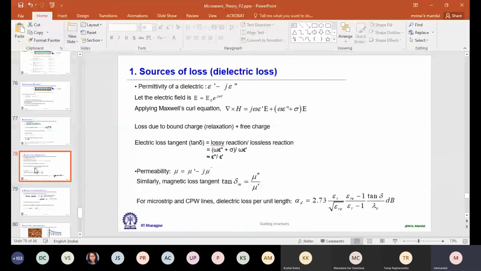Well, so the first one is dielectric loss. You all know about dielectric polarization, the concept of bound charge, right? It is represented by arrays of tiny dipoles. Now, permittivity is a complex quantity. It is represented by epsilon dash, the real part, minus j epsilon double dash, the imaginary part. And this imaginary part provides the loss. Now, why do we have a negative sign? The logic is simple: to make loss a positive quantity, otherwise nothing.